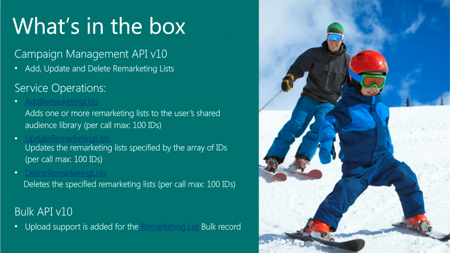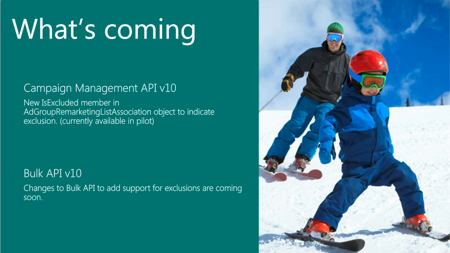So in terms of the actual changes, we're introducing changes in both Campaign Management API and Bulk API v10. So we are introducing new service operations for adding, updating, and deleting remarketing lists, and all these operations are subject to a maximum of 100 IDs. We also have introduced a new record in the Bulk API for remarketing lists. It's important to keep in mind that all these changes will also be part of v11 when we introduce it later this year. So in terms of exclusions,